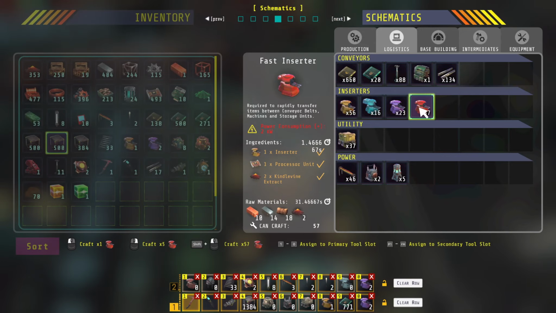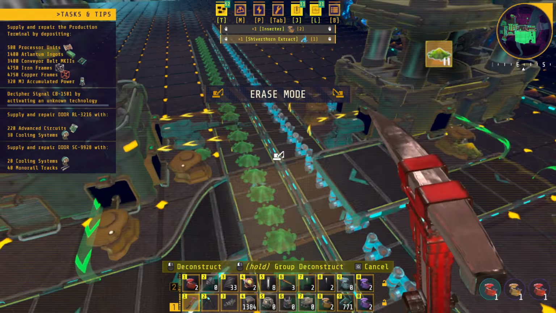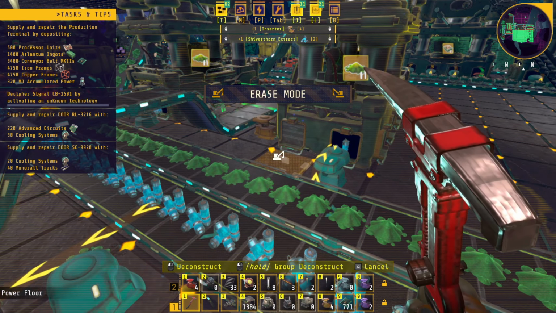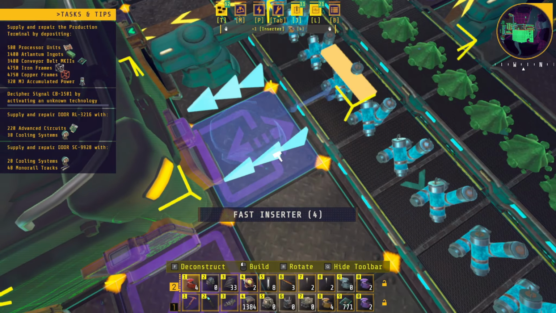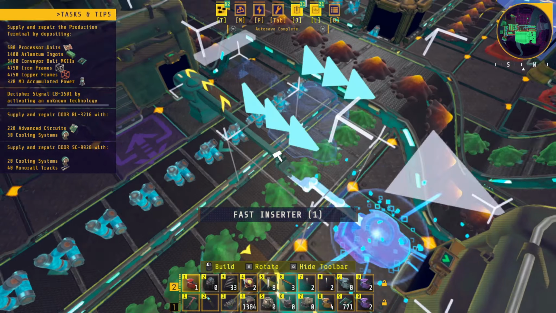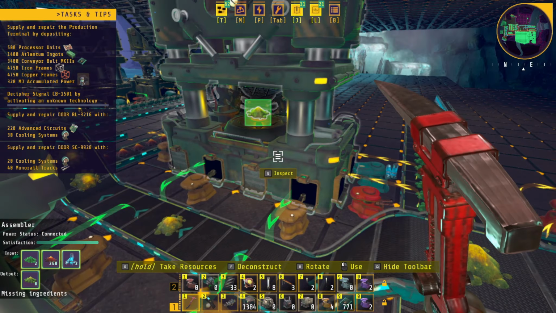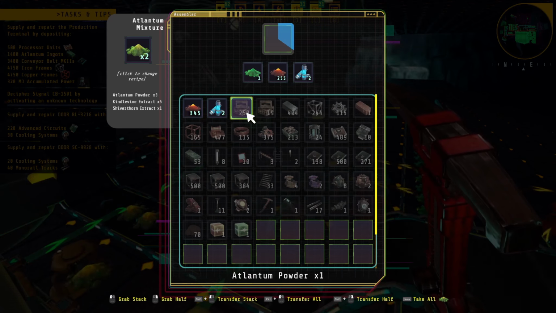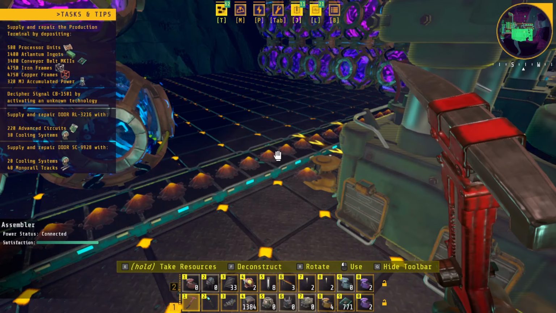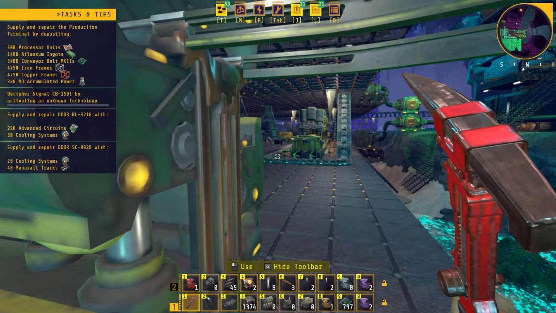So what I'll do is I'll go ahead and make 4 fast inserters and use fast inserters for the Atlantium dust. I won't be able to do that for all of them, unfortunately, because some of them are using long inserters, and there's nothing I can do about that. But hopefully it'll increase some production, because it requires 3. Yeah, I guess I'll just have to make another set of them, which is totally fine. 1, 2, 3, 4. Okay, even after a little bit of work,